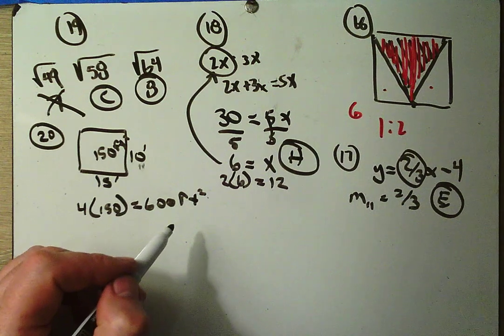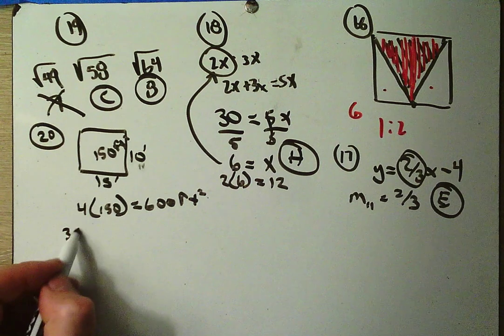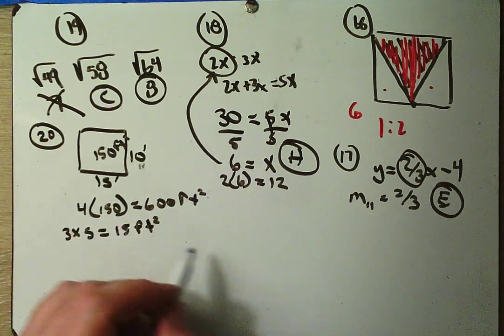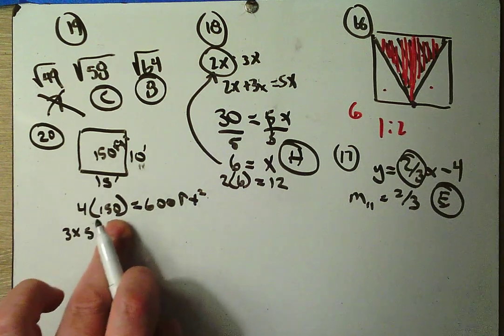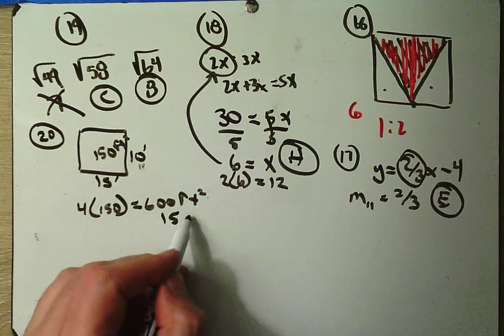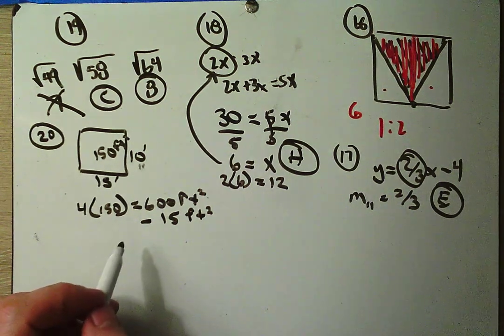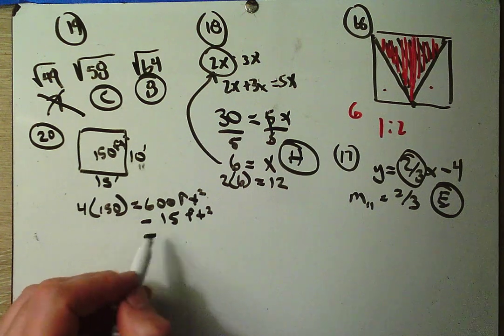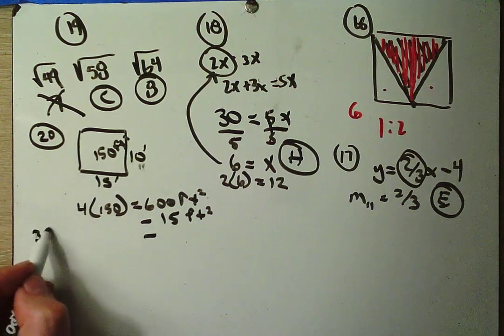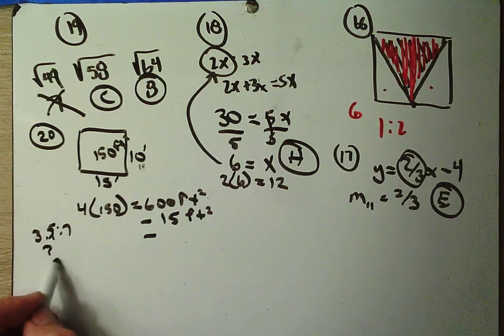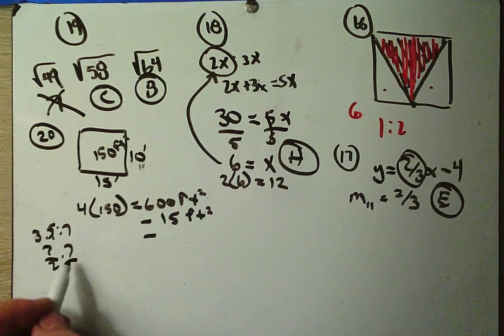He will not paint the single 3 by 5 foot rectangular window. 3 by 5 is 15 square feet, so we don't need paint for that. We can subtract 15 square feet. We're also subtracting the 3.5 by 7 foot door. So 3.5 times 7 is 7 halves times 7, or